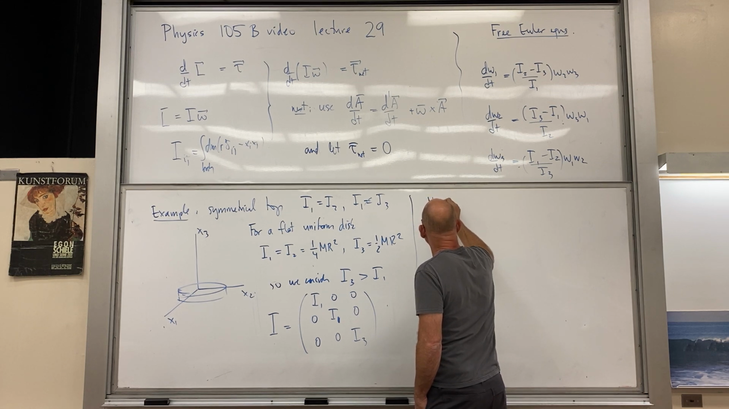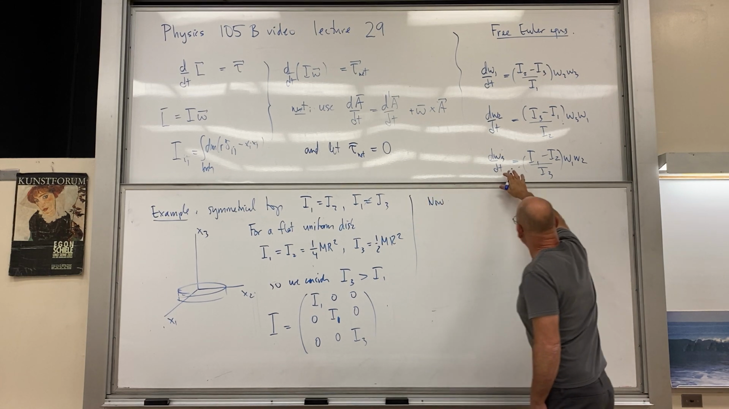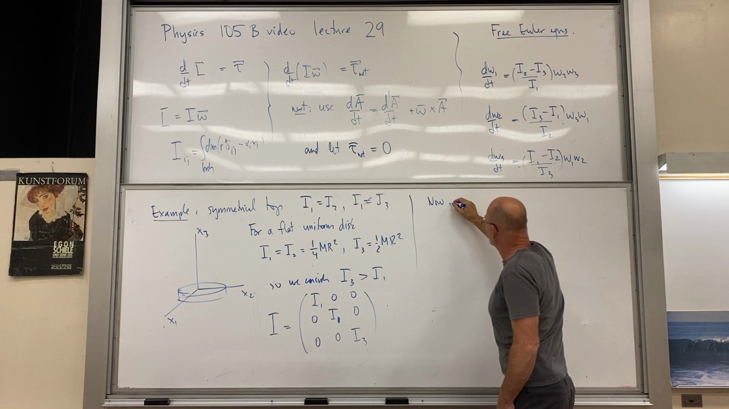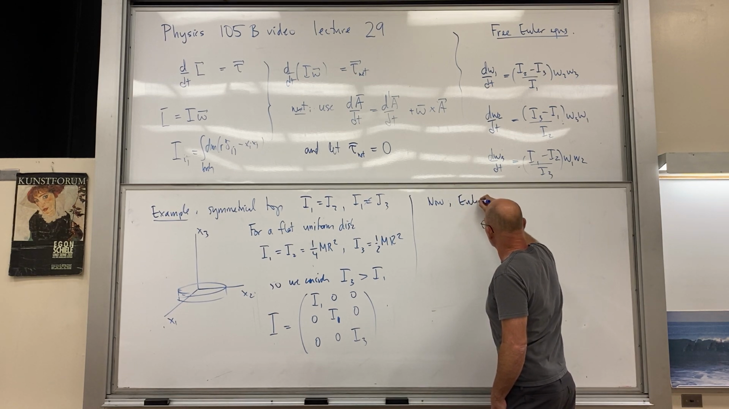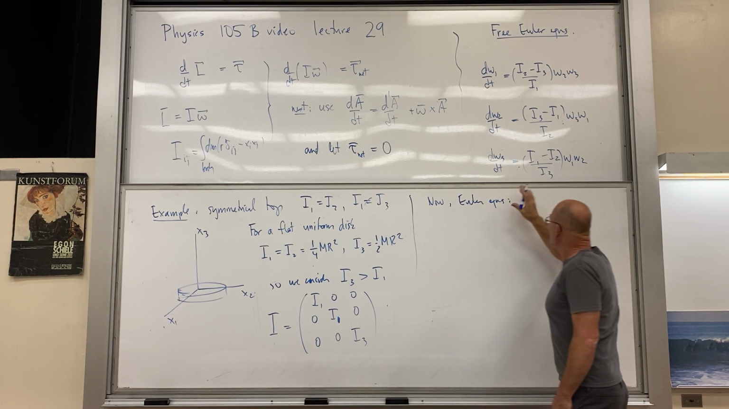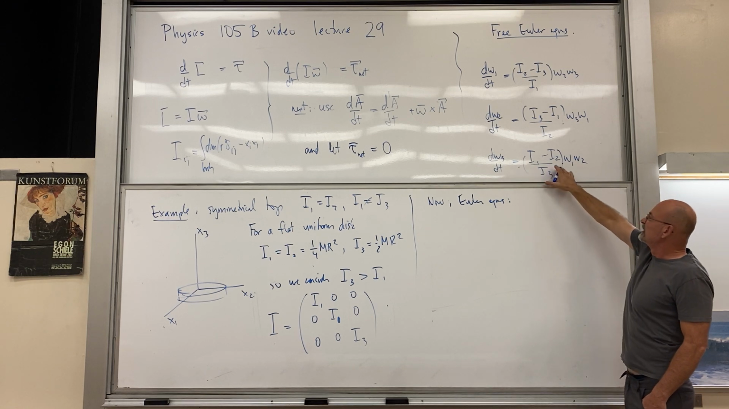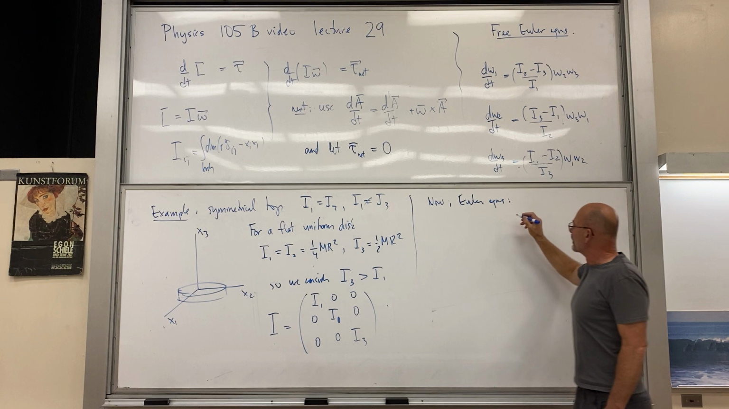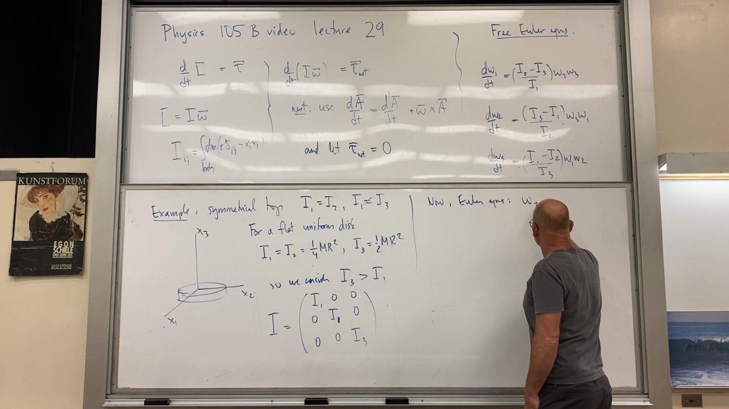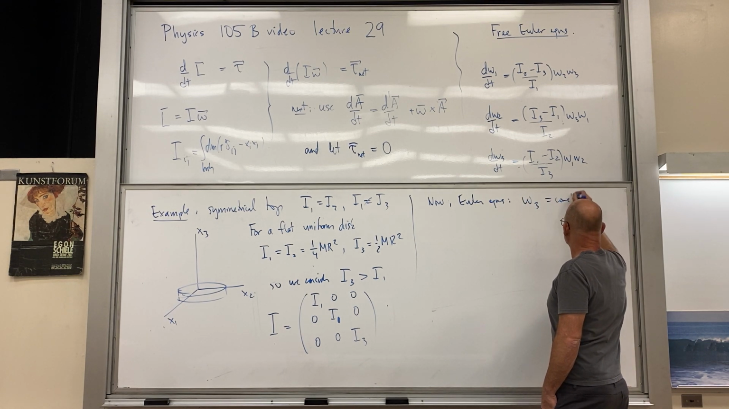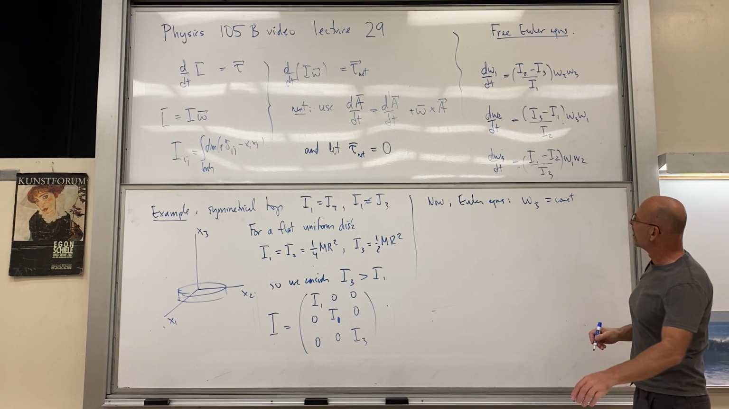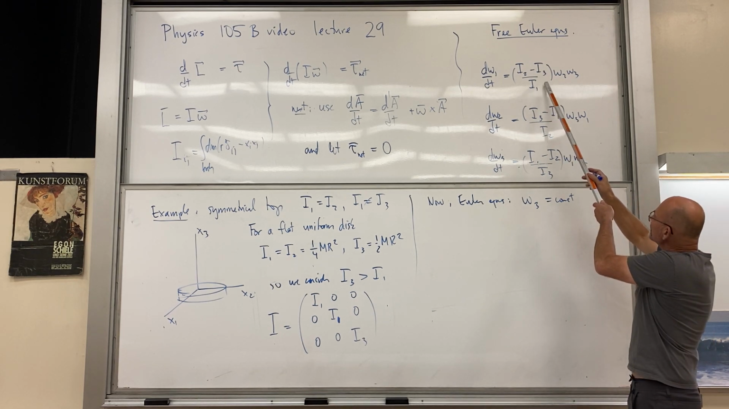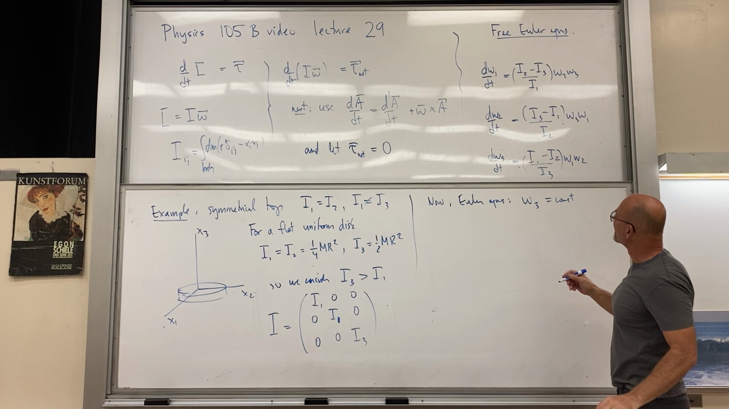So now, I'll just write the Euler equations. d omega 3 dt is equal to 0 because I1 is equal to I2. So omega 3 is constant. So that's the first thing we have. And when we go back into these equations with omega 3 being constant,